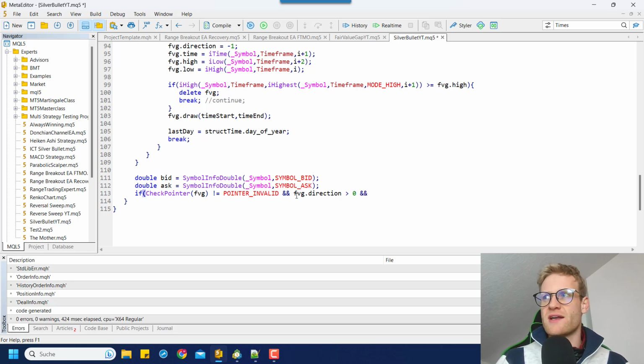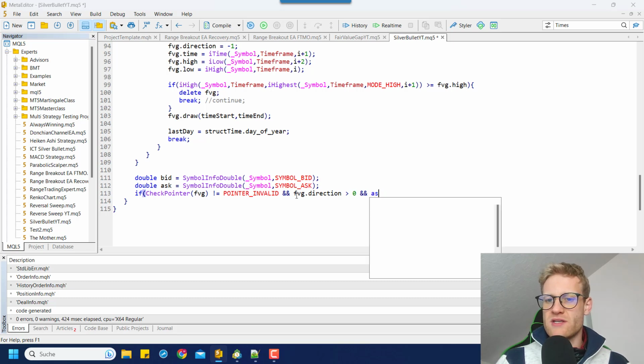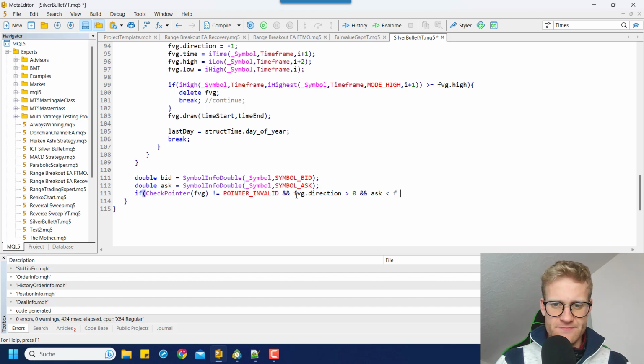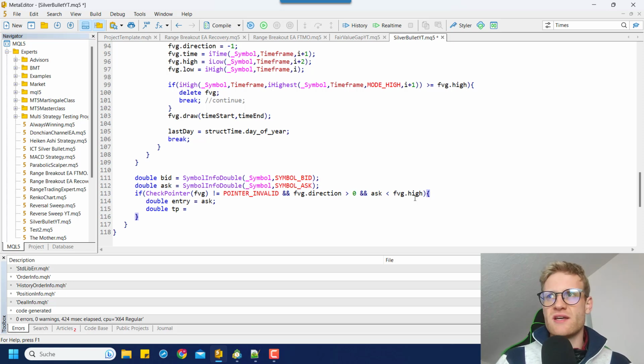And also we want to check if the bid price or the ask price, I mean, it doesn't really matter, but we just want to check if the price jumped back into this fair value gap. In this case, we want to execute a buy trade, right? So what we want to do here is calculate everything that we need. We get the entry, the TP, which is